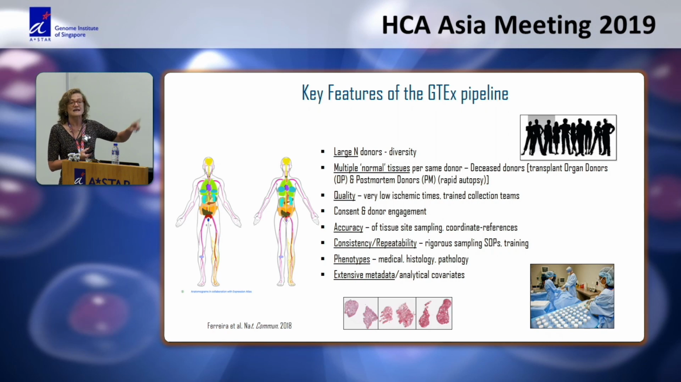So these obviously had to come from deceased donor sources to collect that many tissues. It's extremely hard to get tissue, at least across the body in this way, from living sources. So we had a network of deceased donors from organ transplant donors and rapid autopsy postmortem donors. The quality of these tissues obviously had to be extremely good, so we had to get very low ischemic times